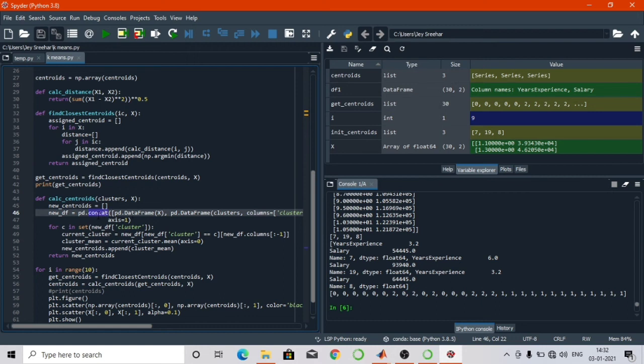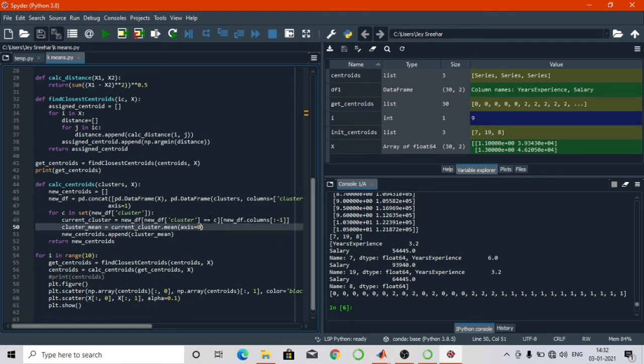I used concatenation to append my previous vector data values and the new data frame, that is the clusters. So I can append the values to the clusters. Then using the current cluster as a variable, I can do matrix multiplication of my new data frame and the last element of my data set.